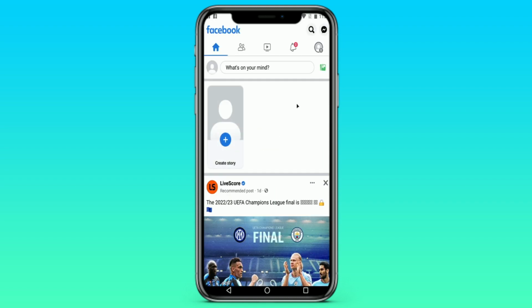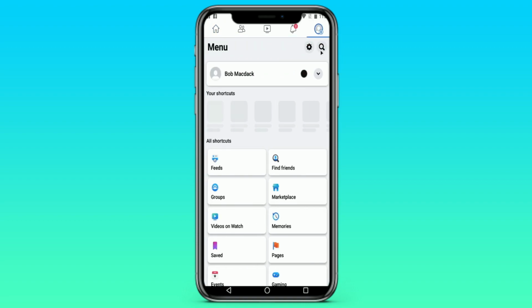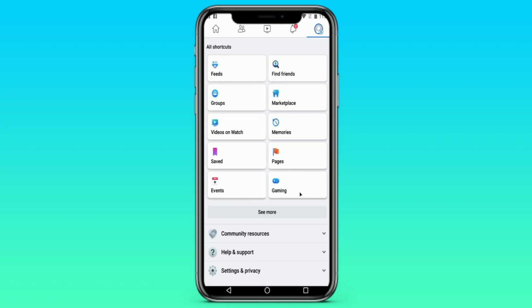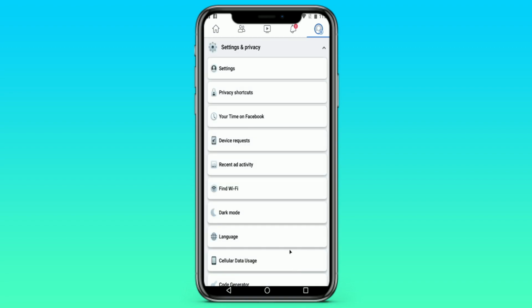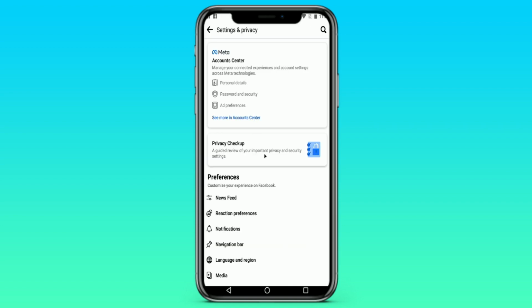After we open Facebook, we need to click on the person with three stripes in the upper right corner. Then we go down. Here we have settings and privacy. Go here. Then we go to settings. Then we go down a little lower,